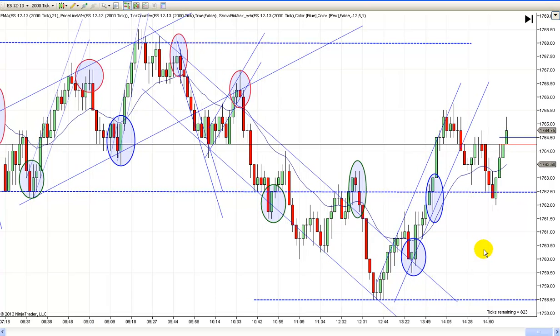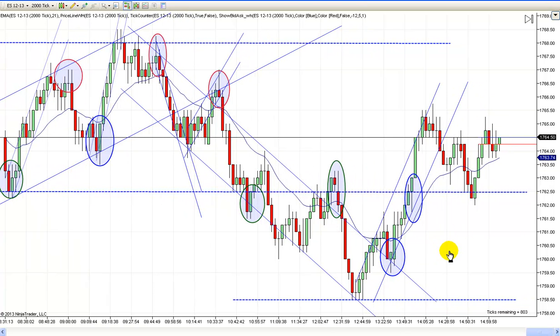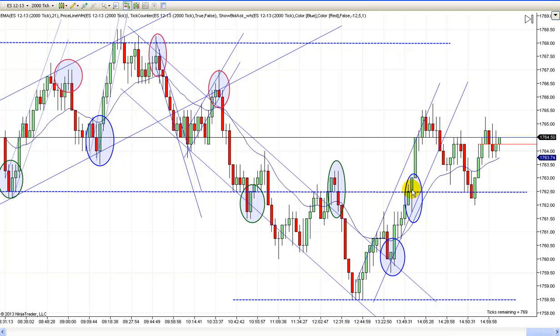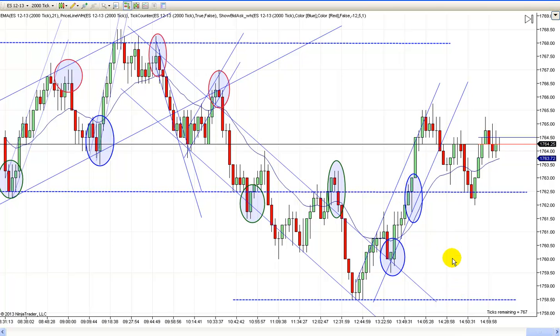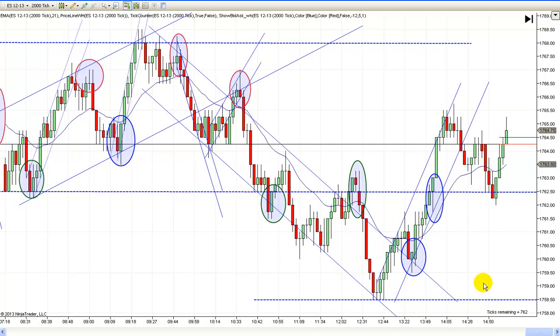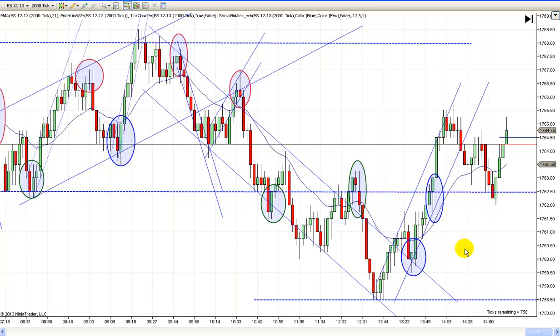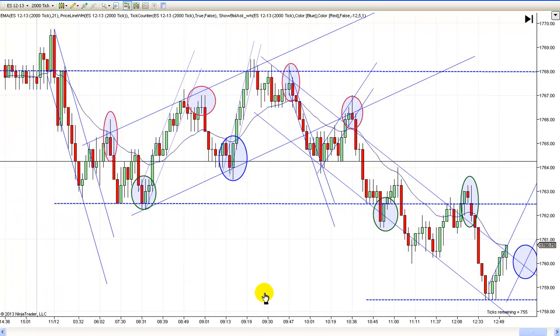It wasn't FOMC announcement day, but there was some kind of Fed speaker today or something, and maybe they said something that rallied the market right there. But I'm guessing it just caught everybody trapped, and that's what traps do, and then when it goes higher, it hits all those stops. But this was a really good long trade right here, and that was really all I saw by the time. I was a little late. I traded a little later today because I came in later and didn't take most of the morning trades.